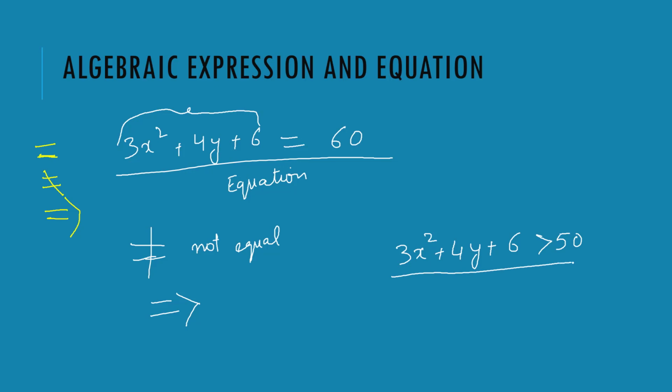So when we put an equal to sign, that is only an equation. And the two sides of the equation are represented like this. On the left is the left hand side, all that which is on the left of the equal to. And all that which is on the right side of the equal to is the right hand side. But why do we do this? We will try to solve these equations to get the value. It makes it easier. We'll see that in the coming chapters, how we solve an equation and how we get the values of the unknown.